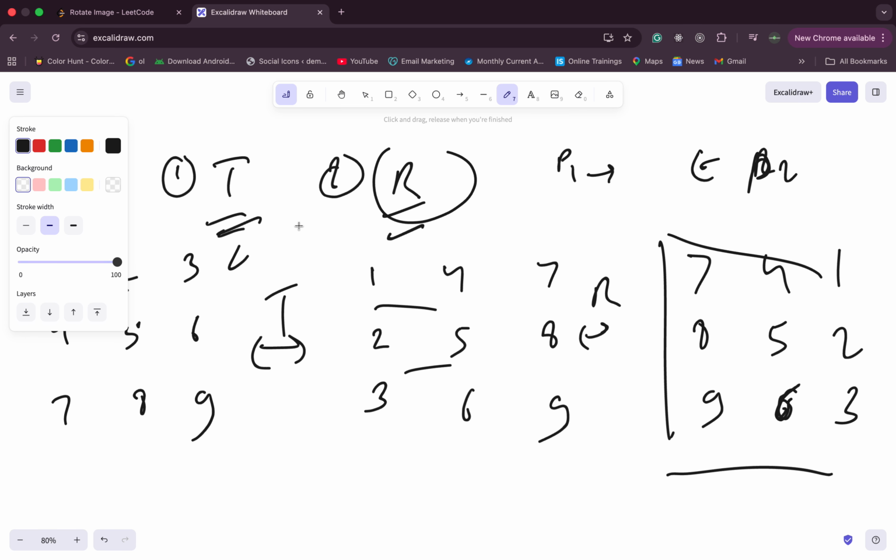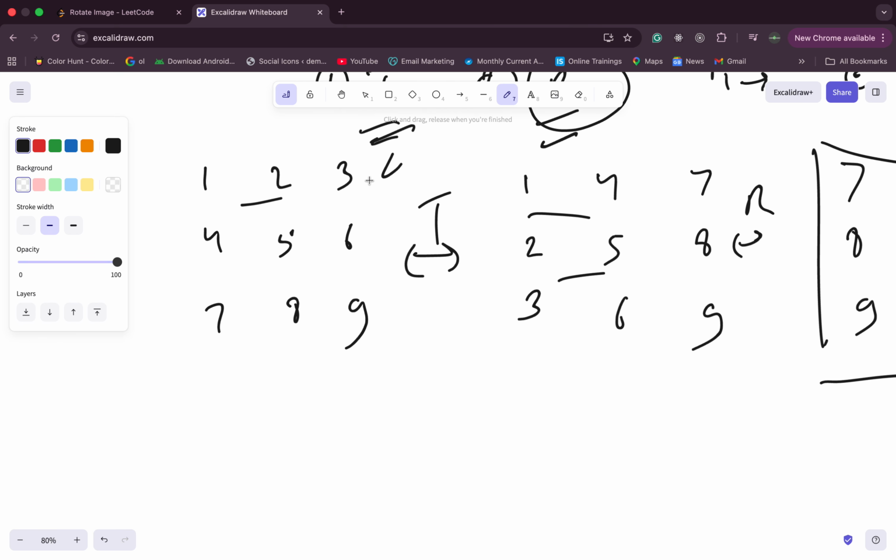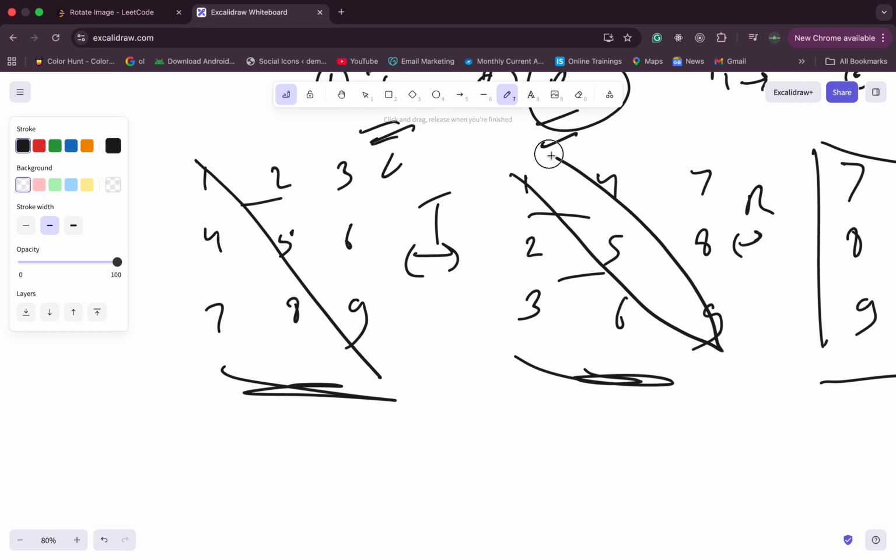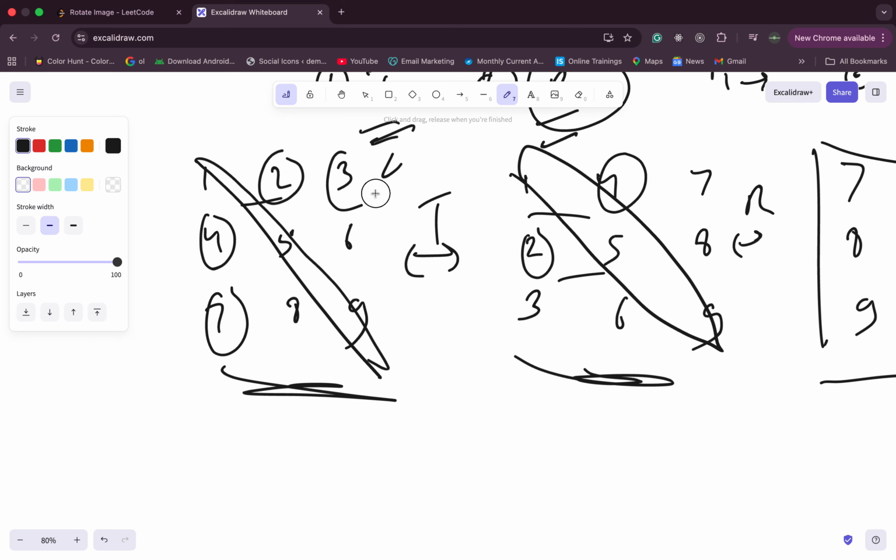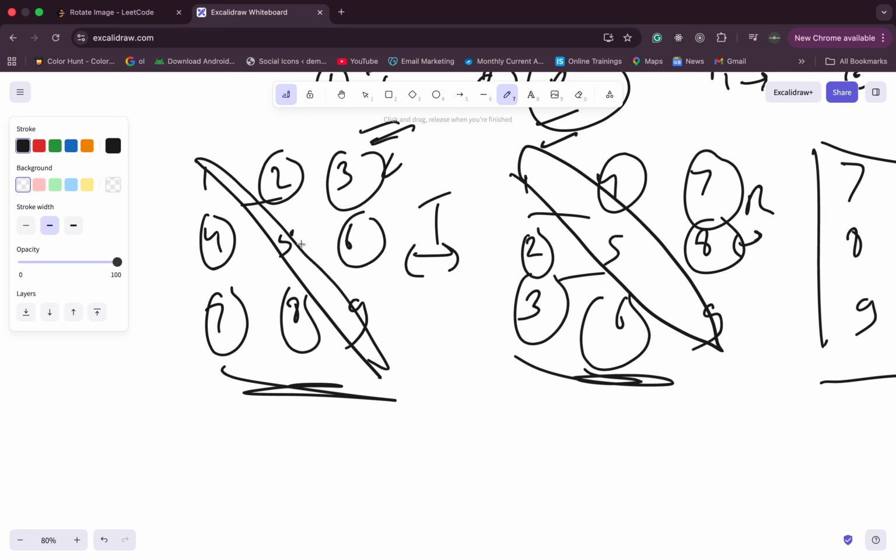So what about transpose? If you see, this is transposed like this. Just observe this one and this one. So this 1 5 9 diagonal remains the same, and what changes is this position. So 4 2 becomes 2 4, right? Similarly 7 3 becomes 3 7, and 8 6 becomes 6 8. So what we will do here is